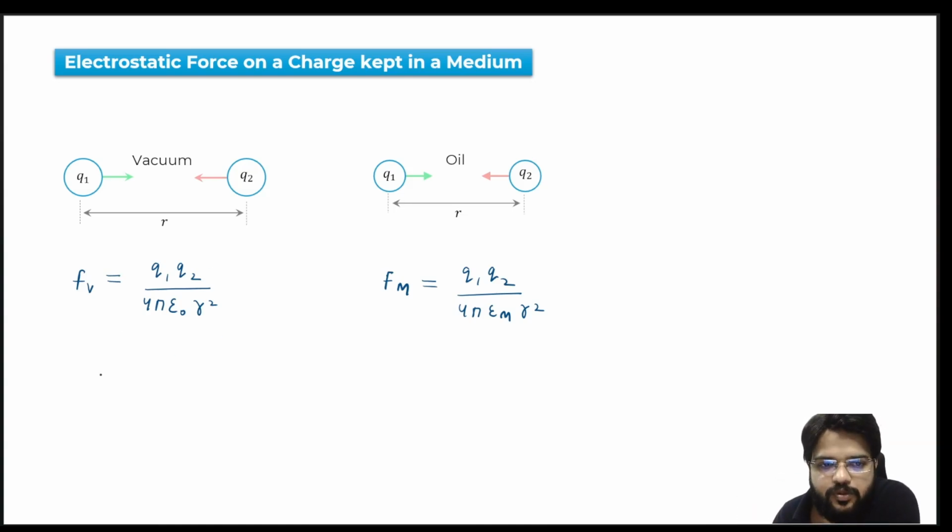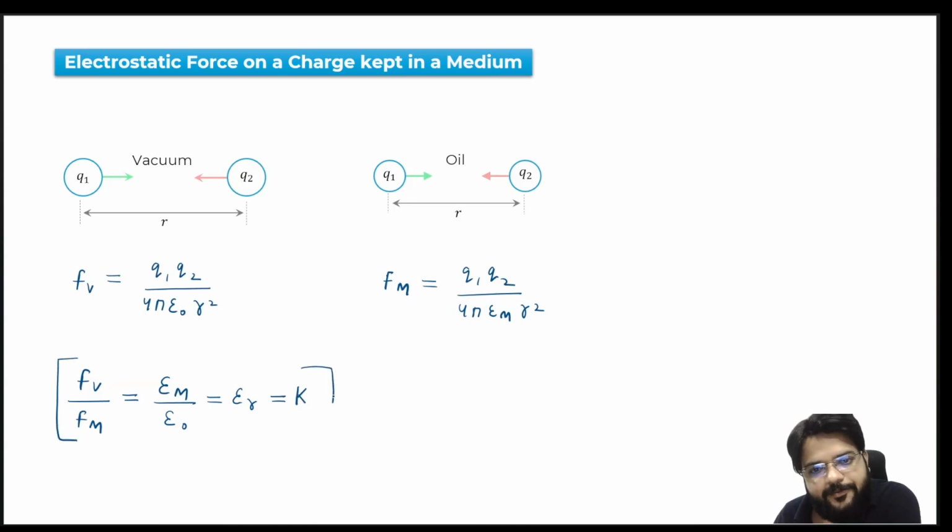Now if I take the ratio of both, what will we get? Force in the vacuum divided by force in the medium. So Fv by Fm is equal to what? Q1 Q2 4 pi R square is common in both terms, correct? So this will get cancelled out. Now we have Em by epsilon naught, the permittivity of the medium by the permittivity of free space. If you take the ratio of both, it is equal to the relative permittivity. And this ratio is also known as the dielectric constant,